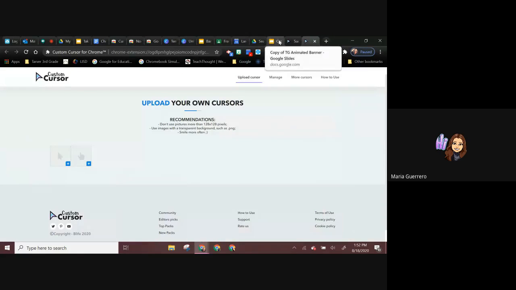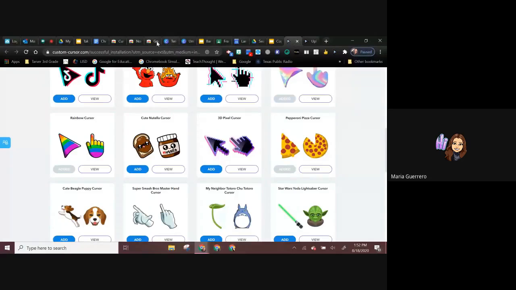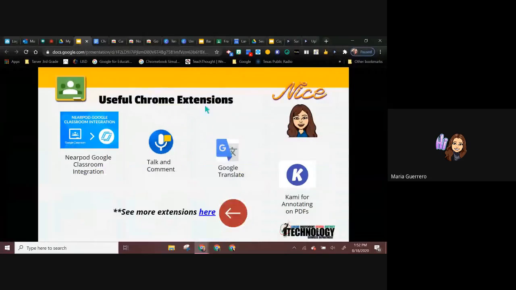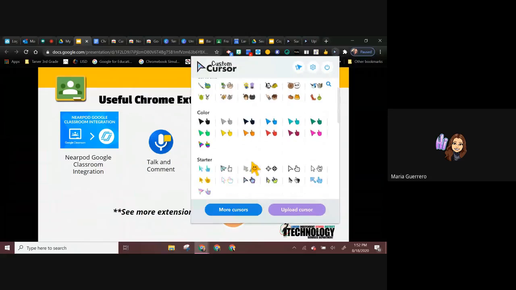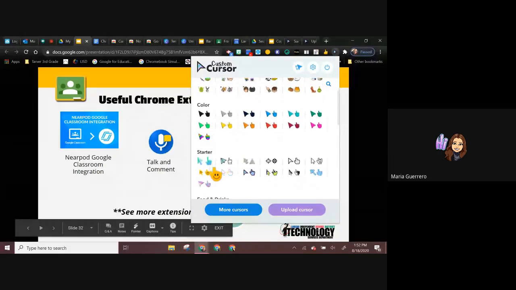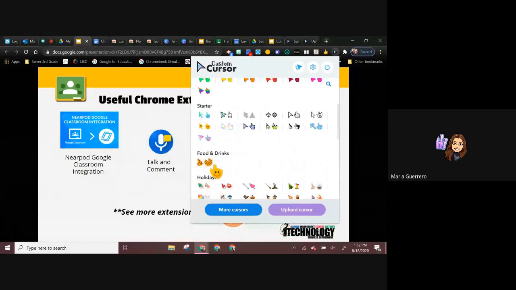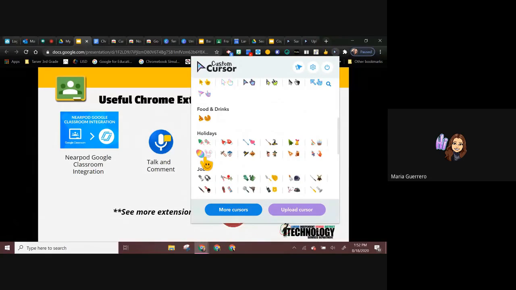Okay, let me see here. I can upload a cursor also. Let me just check that it changed my cursor. Let me go back into the training. I have a million tabs open. Okay, so it changed it to that one. Let me try to change it here. So yeah, you see how it is a happy face at one point. You can do that. So y'all can see the pizza. I can do holidays, whatever you guys would like to use. That one's cute too. I'm gonna go with the